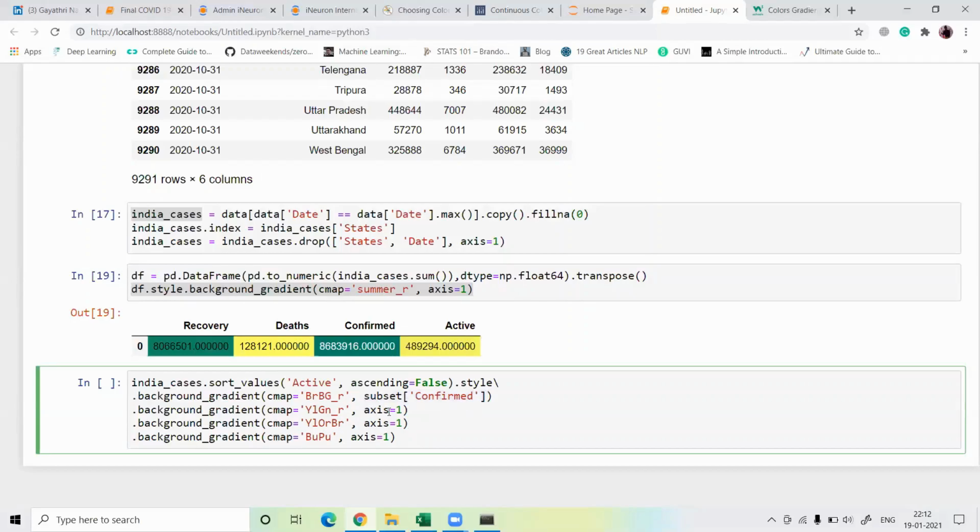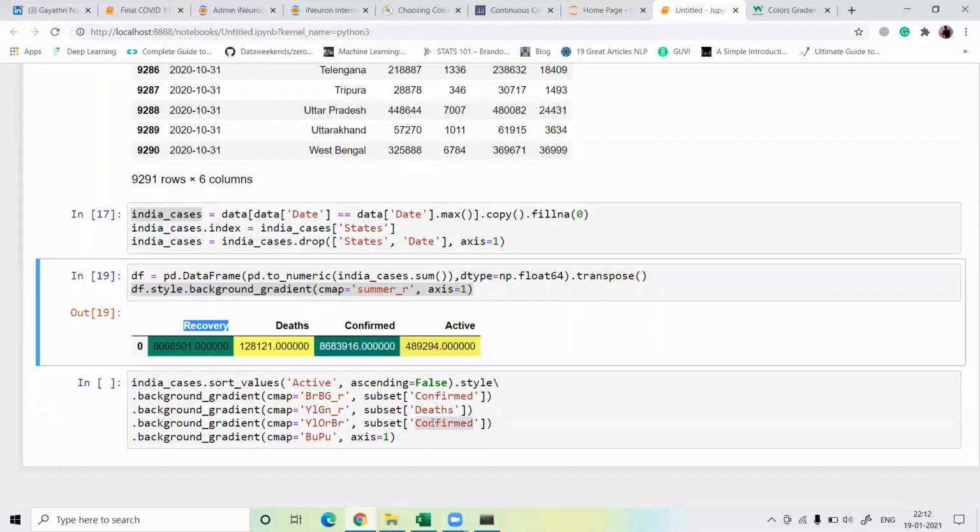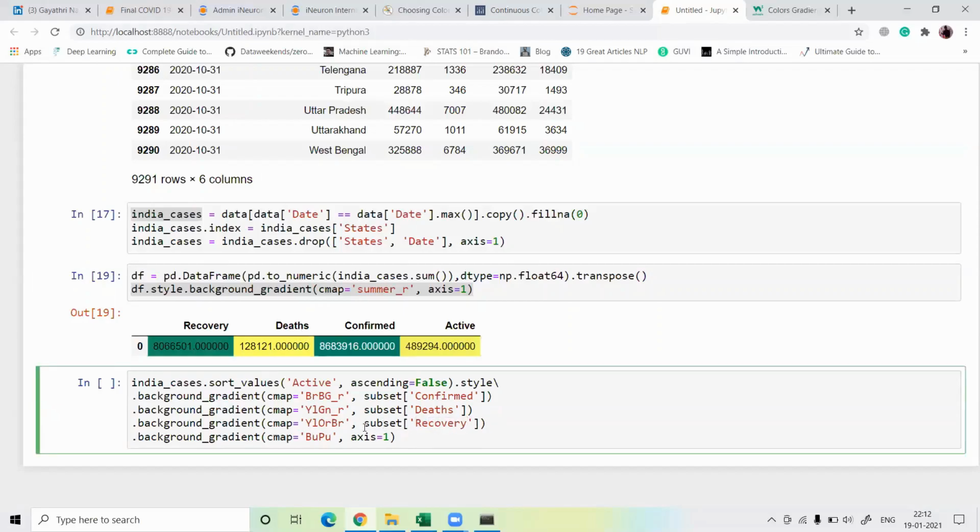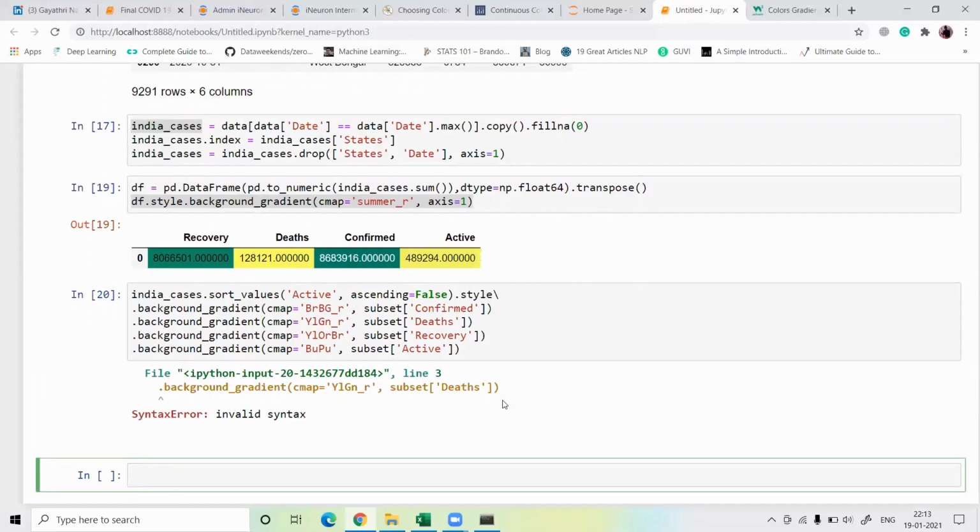For the second, death case, death. Third, for the recovery here. Okay, and fourth for the active case. Okay, let's try to run this.